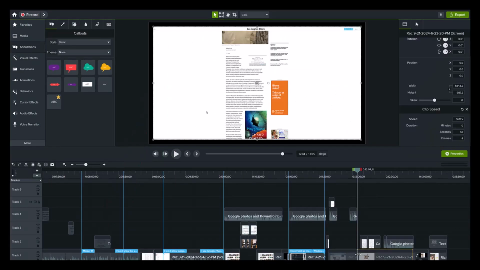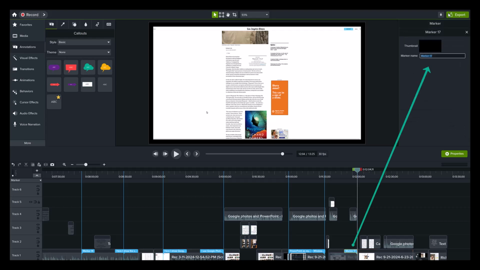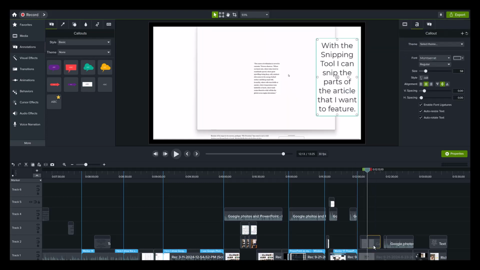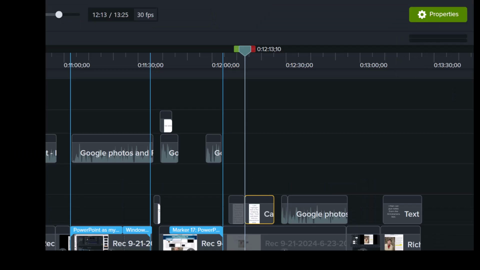Okay, here's how you put in a marker. You go down to your timeline, click on the blue cross symbol, and up here you can label it. Go to the next one.